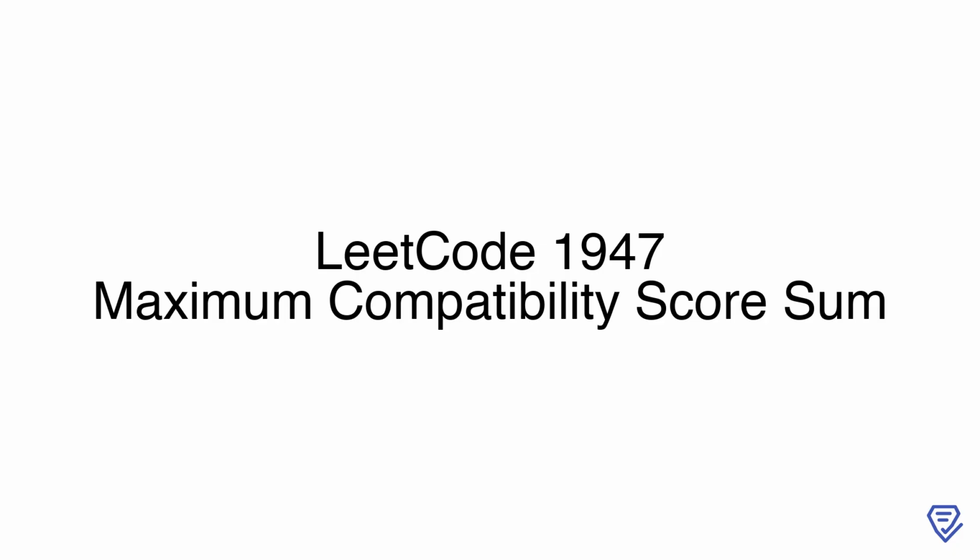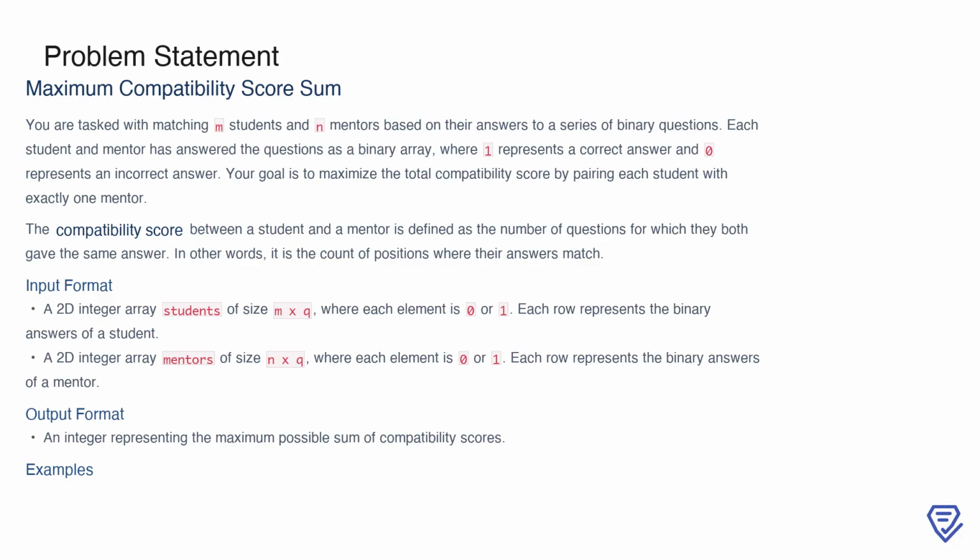Let's dive in. In this problem, we are tasked with matching students and mentors based on their binary answers to a set of questions. Each student and mentor has their answers represented as a binary array, where a value of 1 means the answer is correct, and a value of 0 means the answer is incorrect. The goal is to pair each student with exactly one mentor in such a way that the total compatibility score